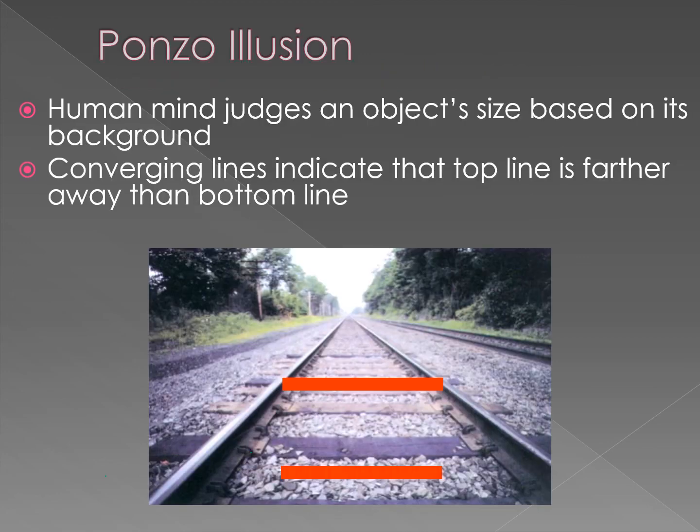And the last one for this set would be the Ponzo illusion. So the human mind judges an object's size based on its background. That's what the Ponzo illusion says, right? So these converging lines indicate that the top line is farther away than the bottom line. So something we'll talk about, if you see these parallel lines of the railroad track, right, we know they're converging together, which means they're getting farther apart. So even though these two red lines are the same distance, or sorry, the same size,